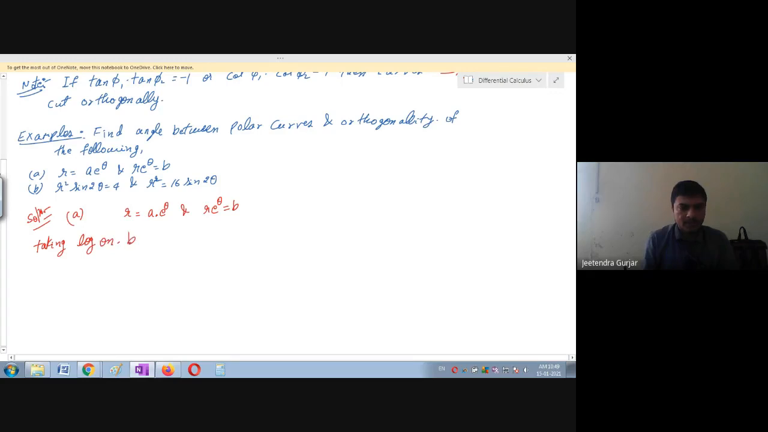taking log on both sides. For this equation also, taking log on both sides. Simultaneously, you are going